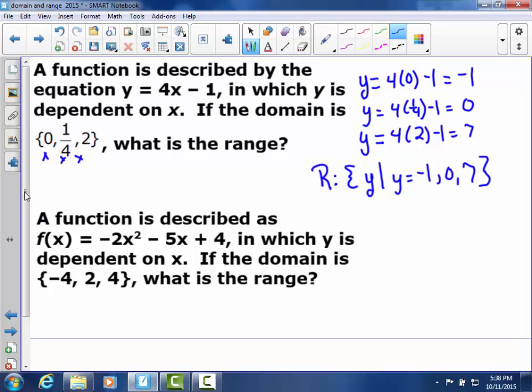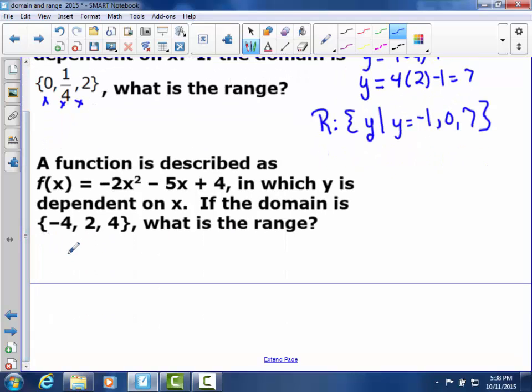What is the range? Okay, very similar to the last one. We're going to replace the x's with -4. And so, don't forget squared. So -4 squared is 16, times -2 is -32, plus 20 is -12, plus 4 is